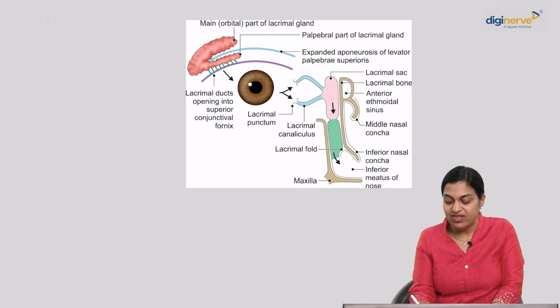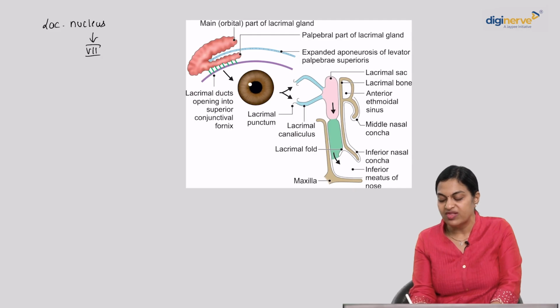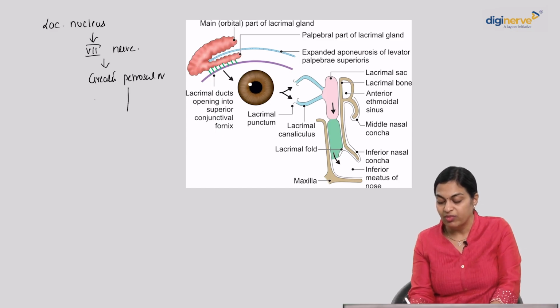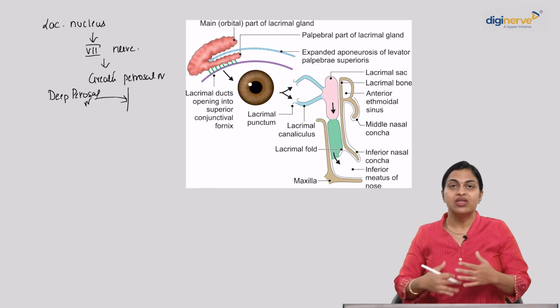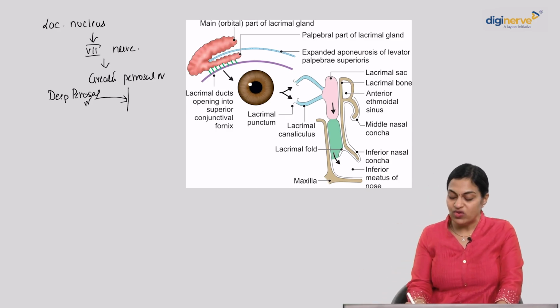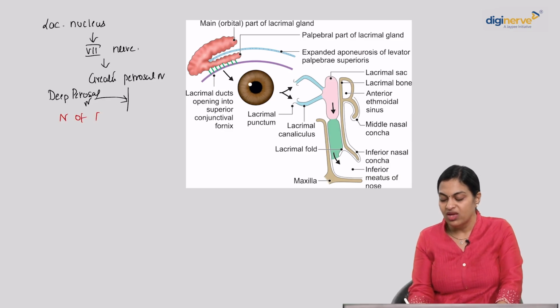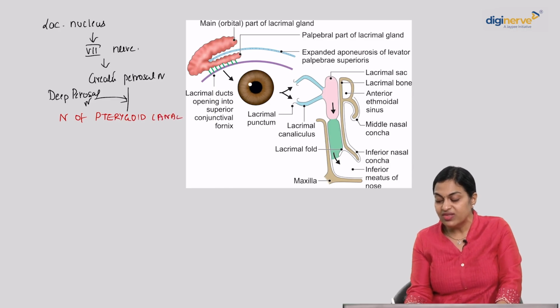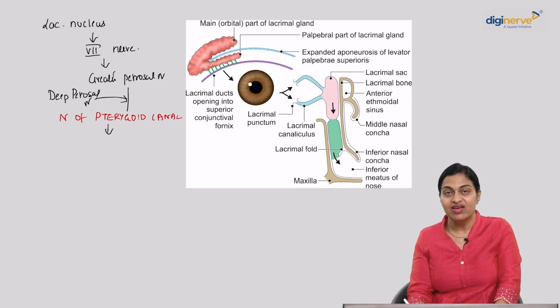Yes, it begins in the lacrimatory nucleus. The fibers are going to pass through the 7th nerve, the greater petrosal nerve. This greater petrosal nerve will be joined by the deep petrosal nerve. The deep petrosal nerve is a branch coming from the sympathetic plexus that surrounds the internal carotid artery. Now both the greater petrosal nerve and the deep petrosal nerve join to form the nerve of pterygoid canal. This nerve of pterygoid canal synapses in the